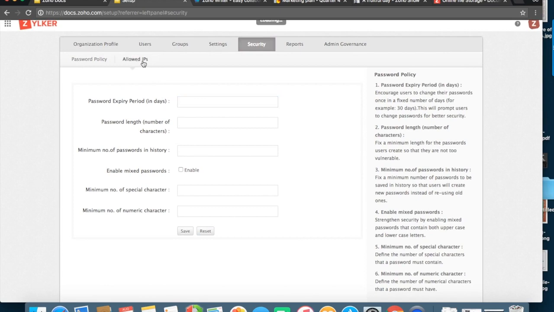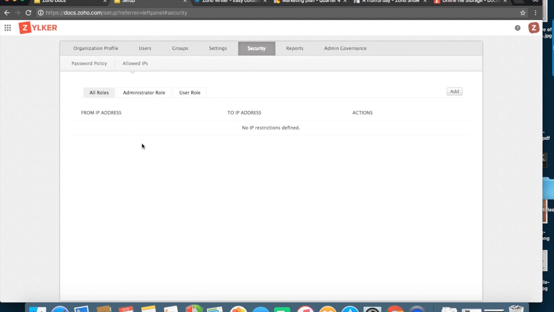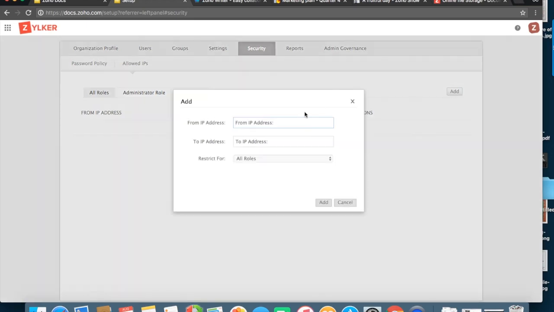The next tab we have over here is the allowed IPs. Now we know a lot of organizations work remotely, but this also might pose a problem to organizations working from different places because you might not be sure who is working or accessing your documents. So to be more vigilant about where your documents are accessed from, you can set IP address access. If your offices are located in definite places, you can just add the IP addresses from here.